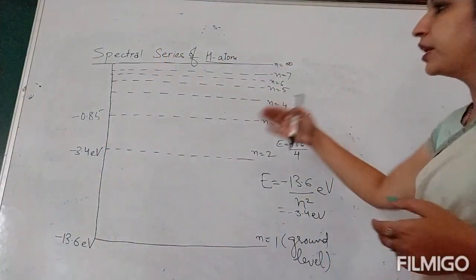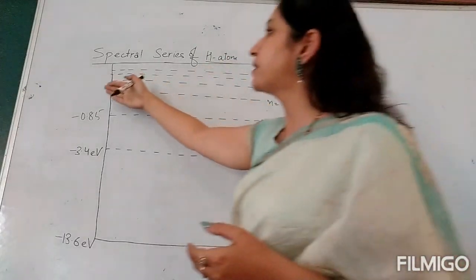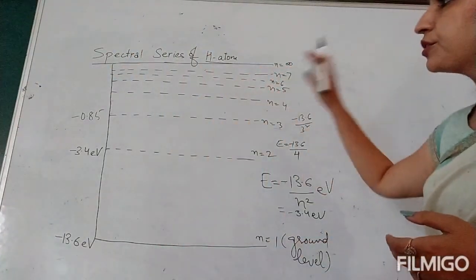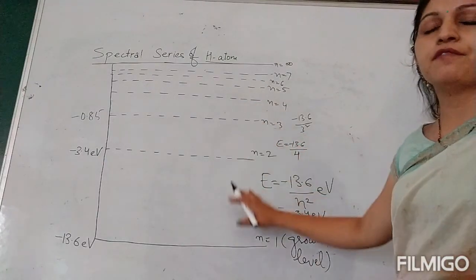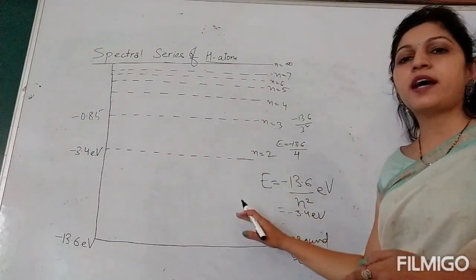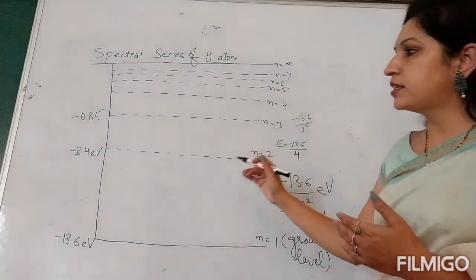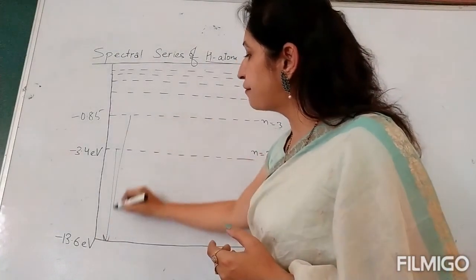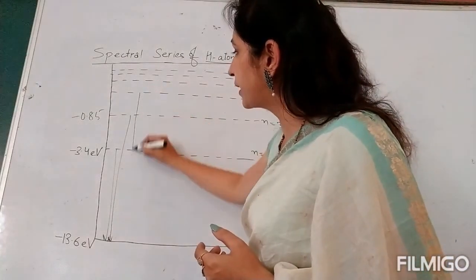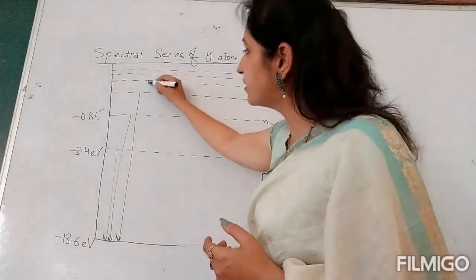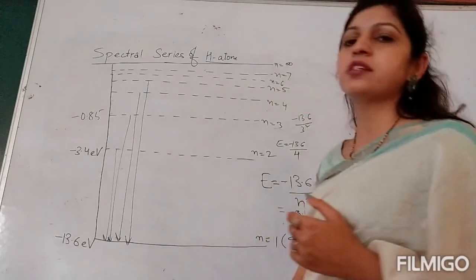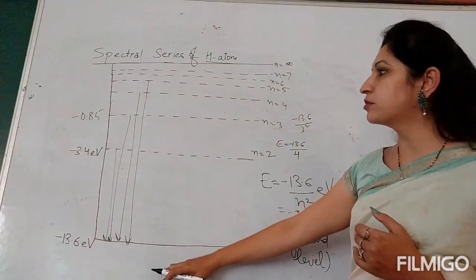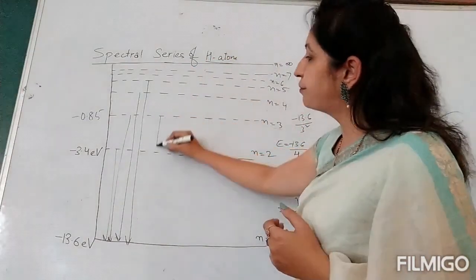So further, when you keep on solving, you can write various energies here. These are the energy level diagram for the hydrogen atom, and from this diagram again you can see the Lyman series is when an electron jumps from any higher orbit to the first orbit. So all these are your spectral series lines. Draw the straight lines. This is your Lyman series, from any higher orbit to the ground state, the first orbit.